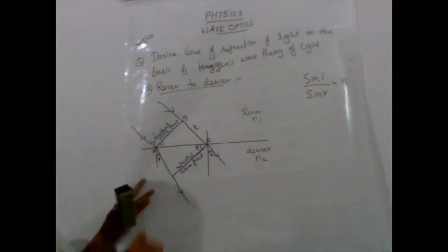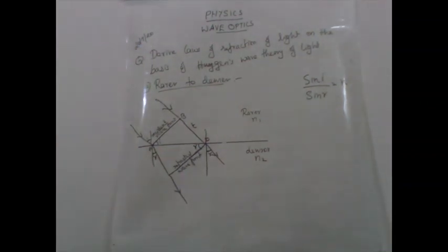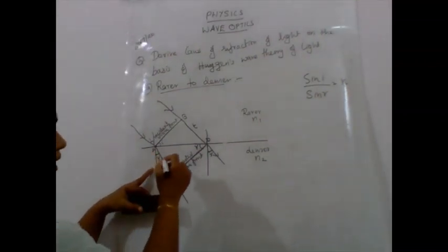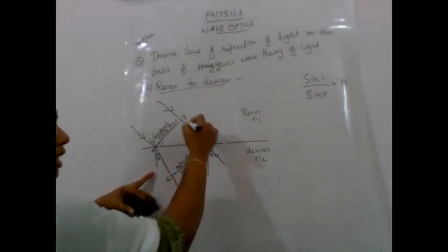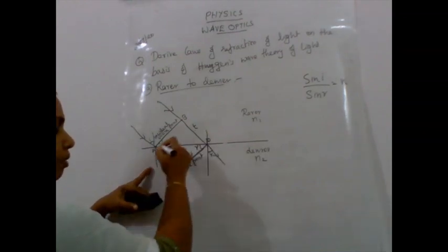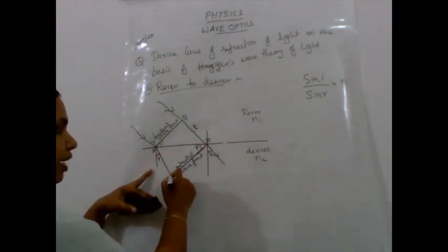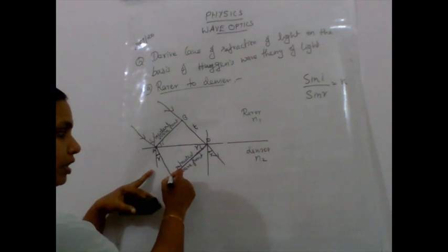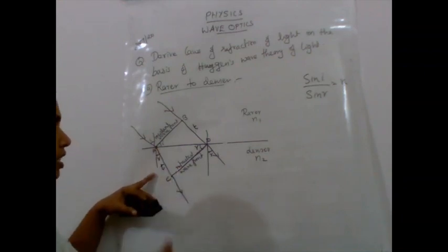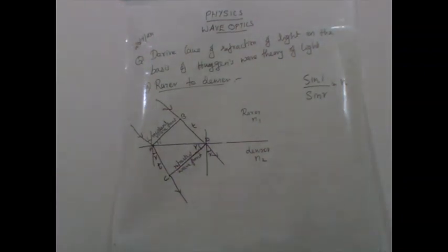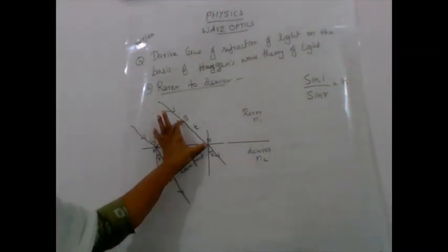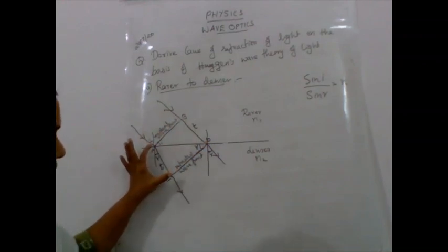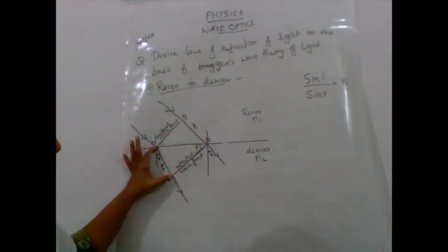Okay, so here what is the time? Here we can take this point as C. So from B, the point reaches D. By that time, from A, the refracted wavefront reaches C, taking the same time t. Okay, t is the time taken by the source to reach from B to D. By the same time, from A, the refracted wavefront reaches C.